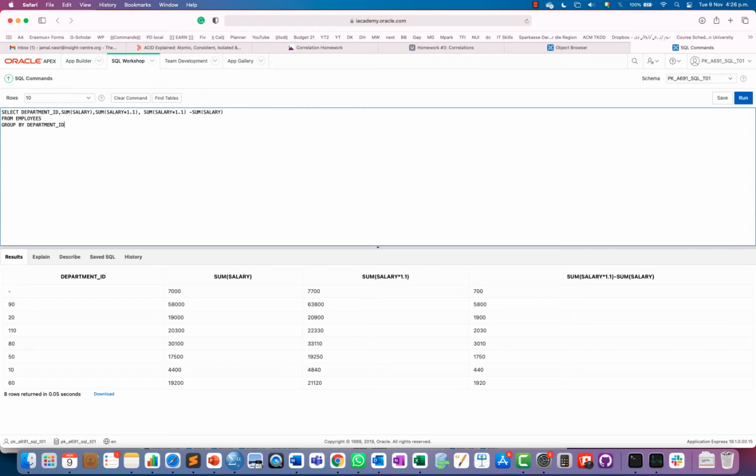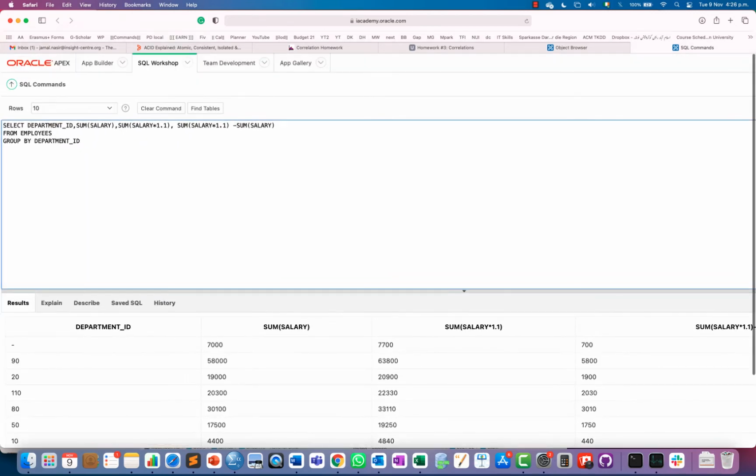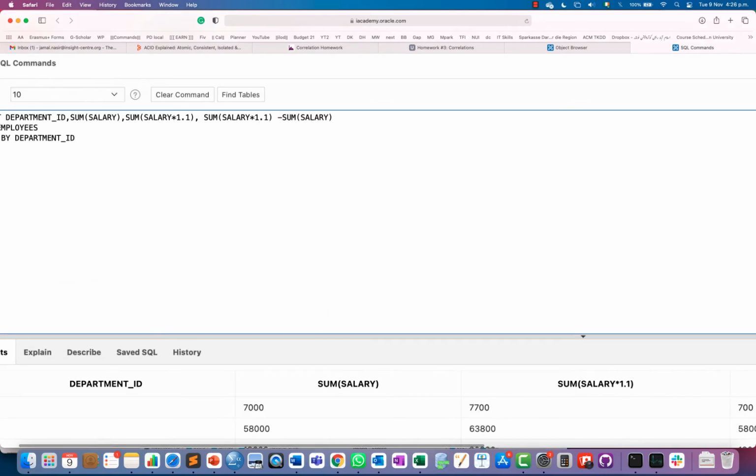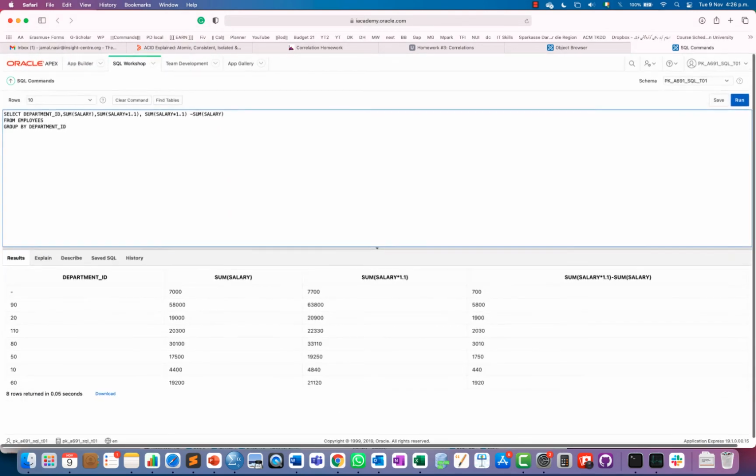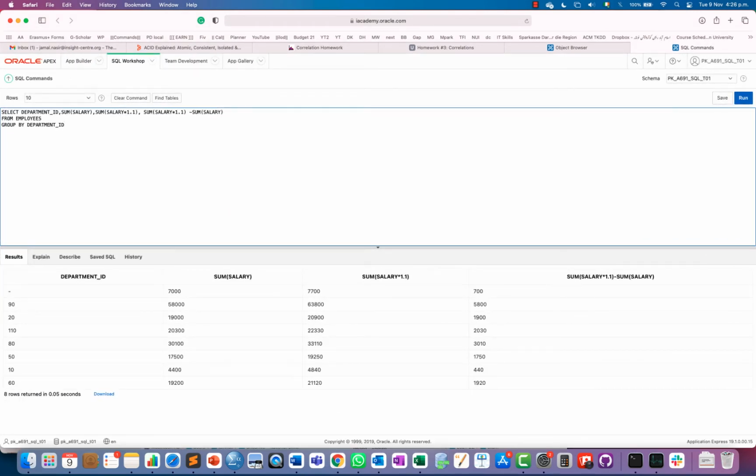Having is only for the group as a whole, and then where is more like individual ones.